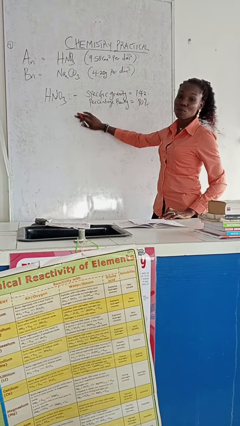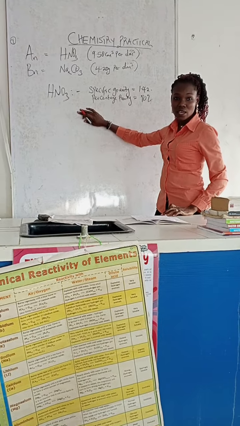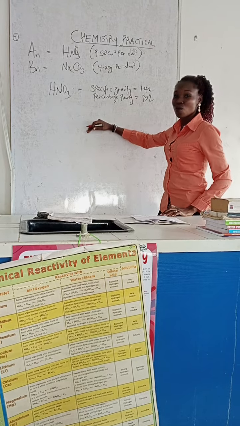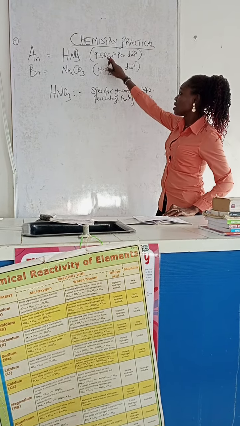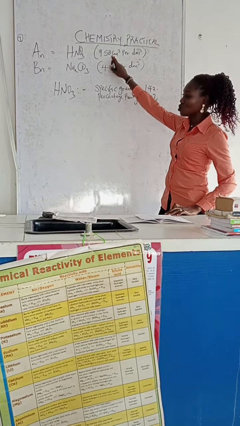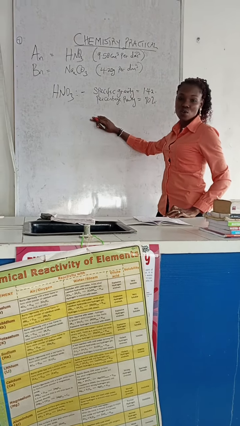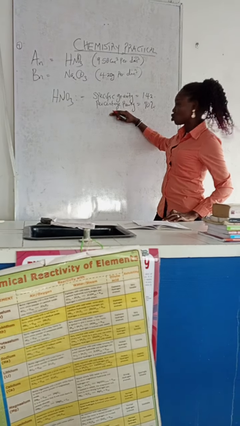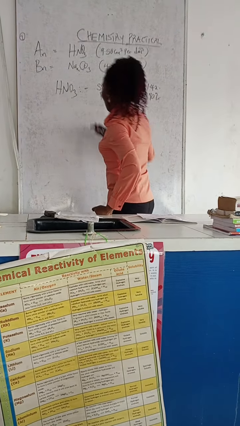We want to know the molar concentration in that stock bottle, so that we can know our concentration in this measured volume. So how do we know the molar concentration of this stock solution? We can know it by